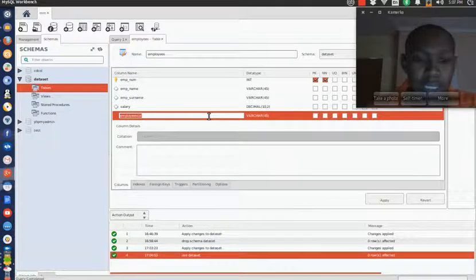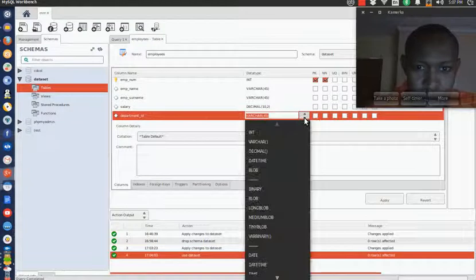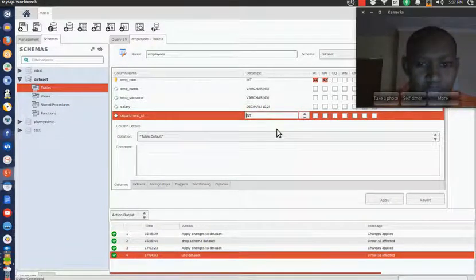Okay, then what more can we put in? Let's put in maybe a department ID. For the department ID, remember guys, it's going to be coming from another table, so from that table it's going to be a primary